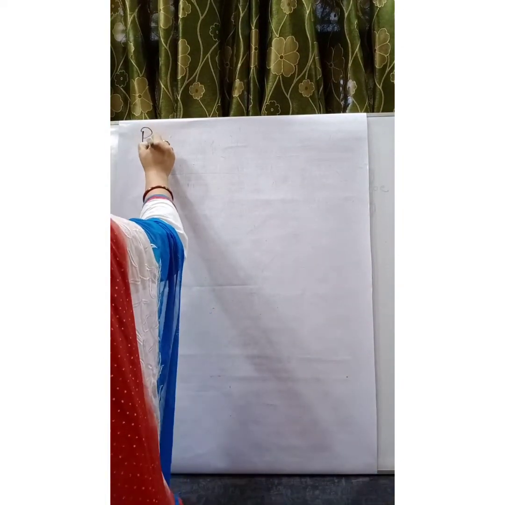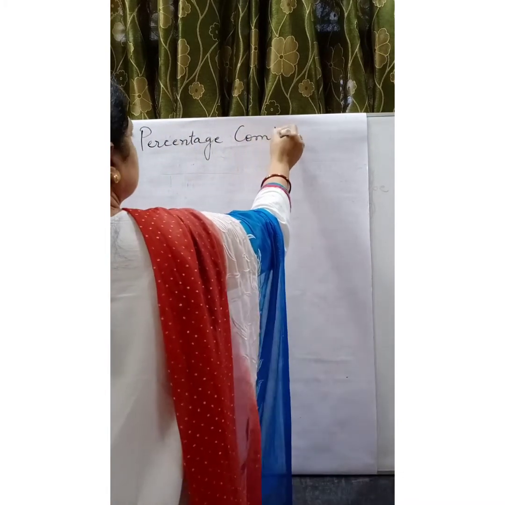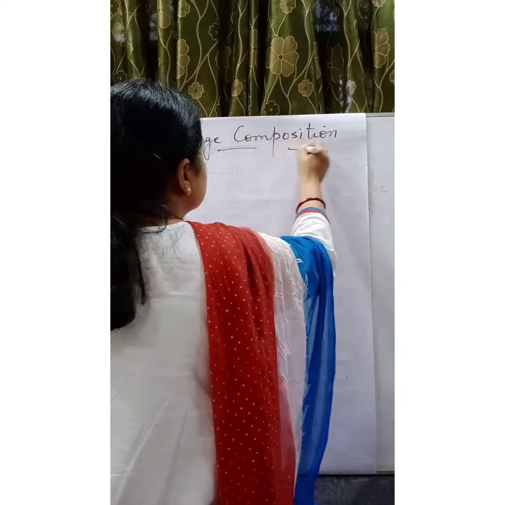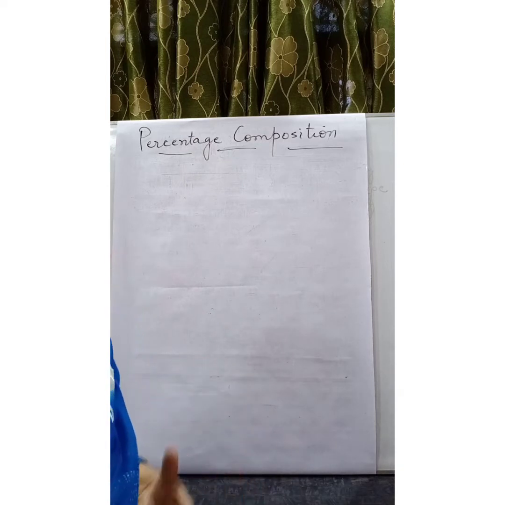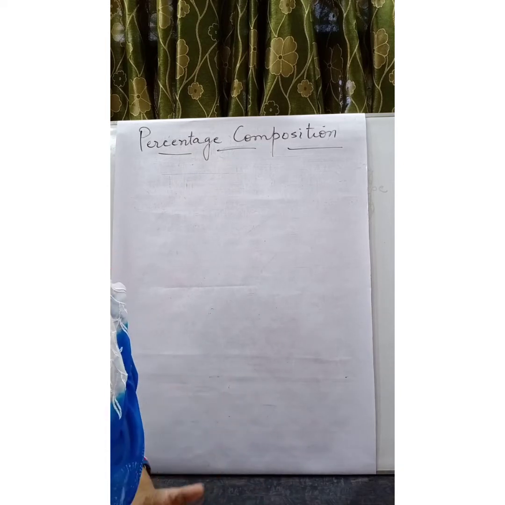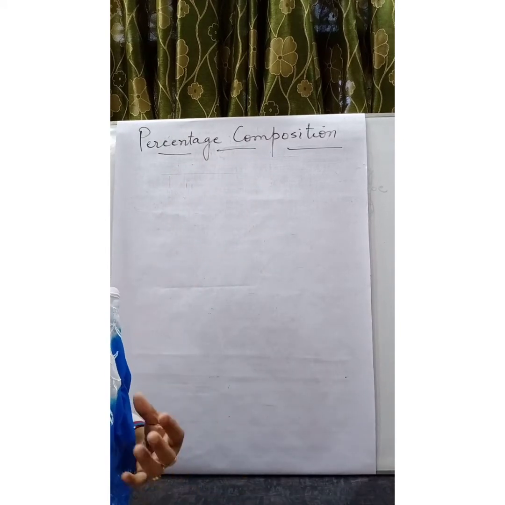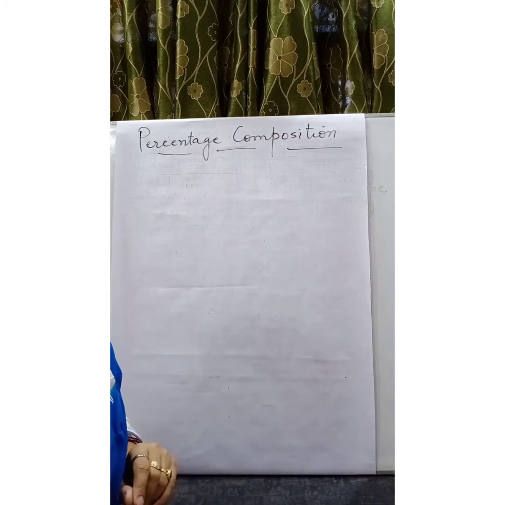In this video, we will be discussing percentage composition and empirical formula. First of all, percentage composition. What do we mean by the term composition? Composition means what it is made up of. And percentage: we are dealing with a number of entities in numerical values, but sometimes we require the percentage of a given element present in the compound. In such a situation, percentage composition becomes important.